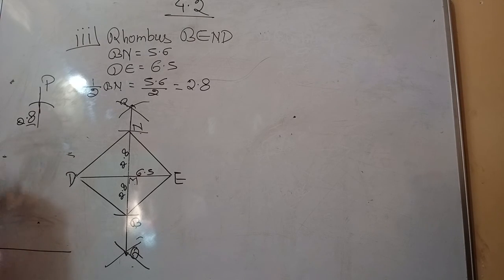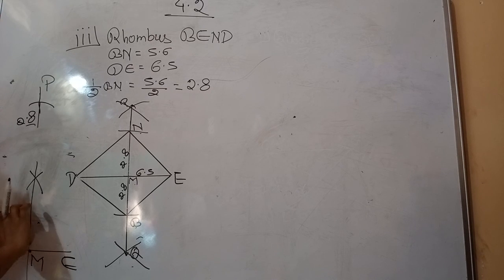Again I am repeating the steps because this is a confusing one. Construct one line segment DE of 6.5 centimeter. Now take radius more than half of DE and cut one arc upside and downside. Here also upside and downside. Now join this line. You will get one intersection point, name it M. Now place your divider on M and cut this line at 2.8 centimeter. Same thing downside at 2.8 centimeter. Join all the four lines, name it N and name it B.